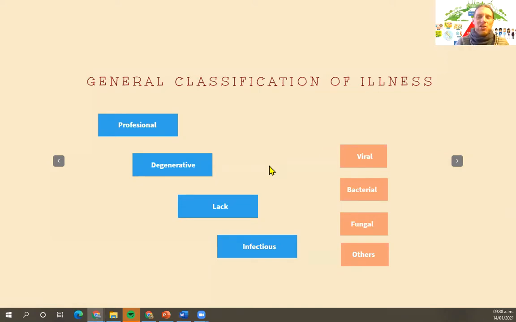Intoxication by radiation, it depends what kind of radiation. But that would be more acute illnesses because you're exposed to something that causes an amount of damage, and then it really depends how much the damage is, okay? And it depends also what kind of radiation you have been exposed to, because if you have been exposed to, for instance, nuclear radiation, I would definitely consider this degenerative, because you might be fine 1 or 2 weeks later if you had some kind of doses of nuclear radiation, but in 10 years or something,